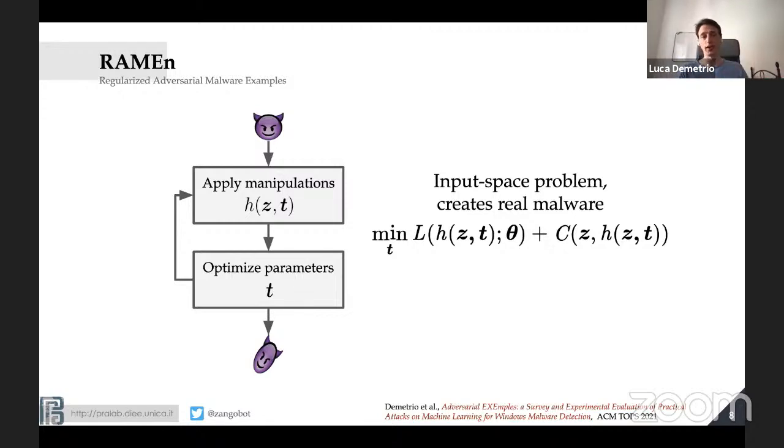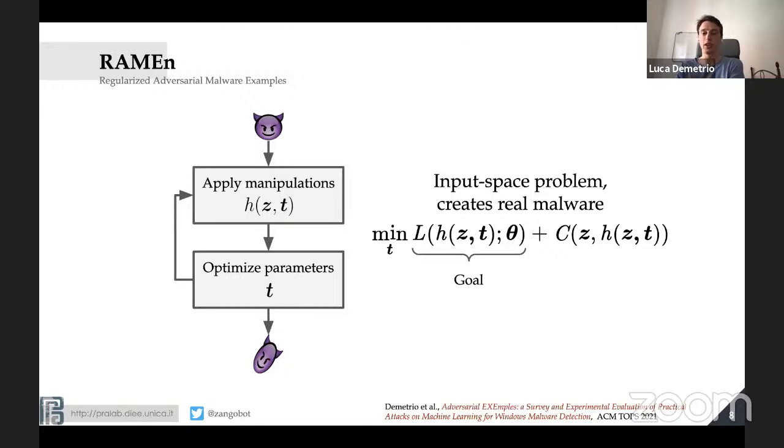The two main components: first, you need to apply these manipulations, and then you have to optimize the manipulations. Basically, what you want to do is minimize your goal. In this case, our goal is formalized as a loss function that takes in input a malware, which is Z, and this malware is perturbed by this manipulation H, and these manipulations are somehow parameterized. We're going to see later what this means.